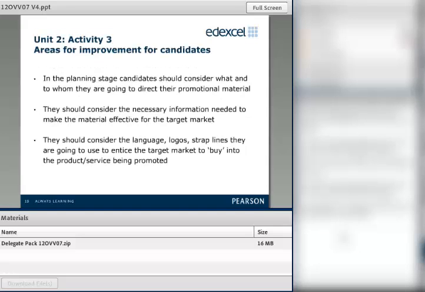Okay, oh, sorry, just before this, the other thing is when they are looking at and evaluating their finished material, this is quite difficult for them to do at this point, and I do appreciate that. But don't forget, they need to suggest some improvements, because it does say evaluate and suggest improvements. So please don't let them forget that bit, because it's quite difficult if they do the evaluation and then don't do the actual improvement bit. So let them get on with that and remind them to put in some suggestions for improvement.